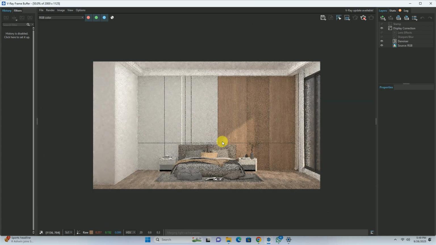In this manner, we can add some lights to our model.